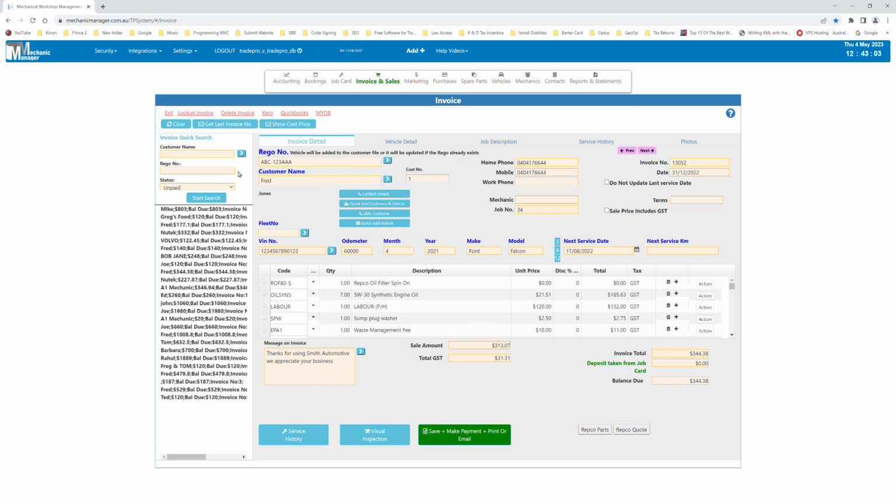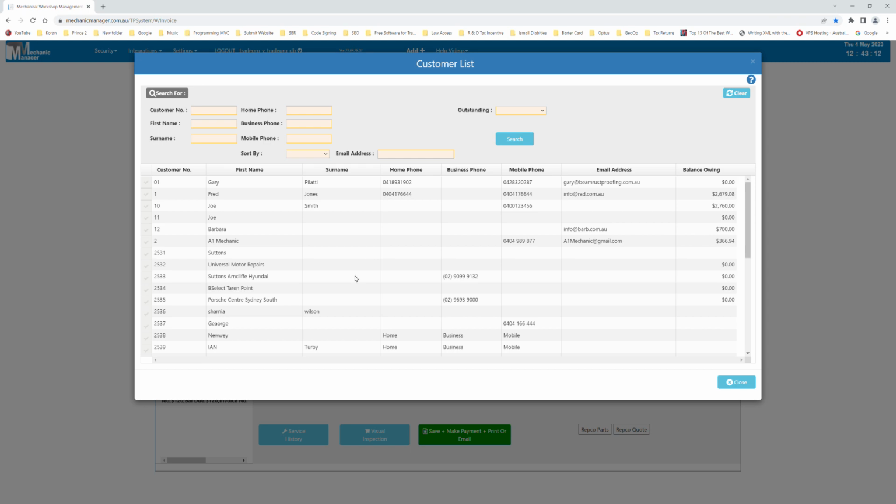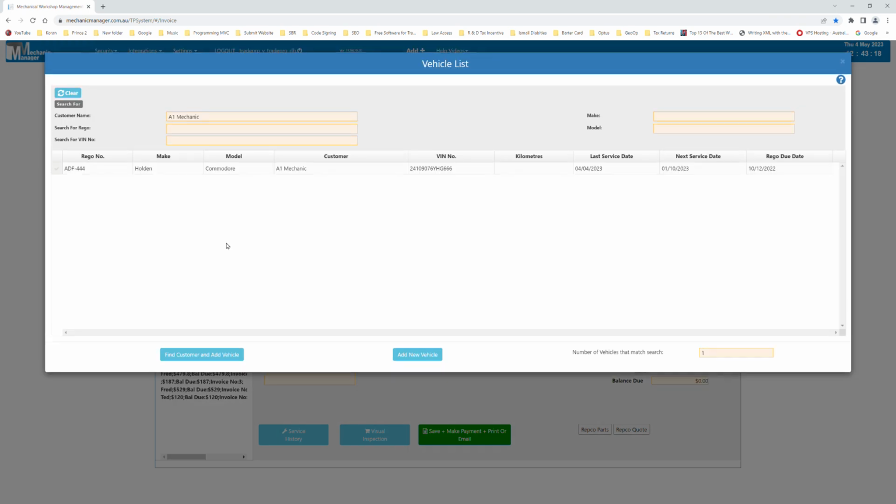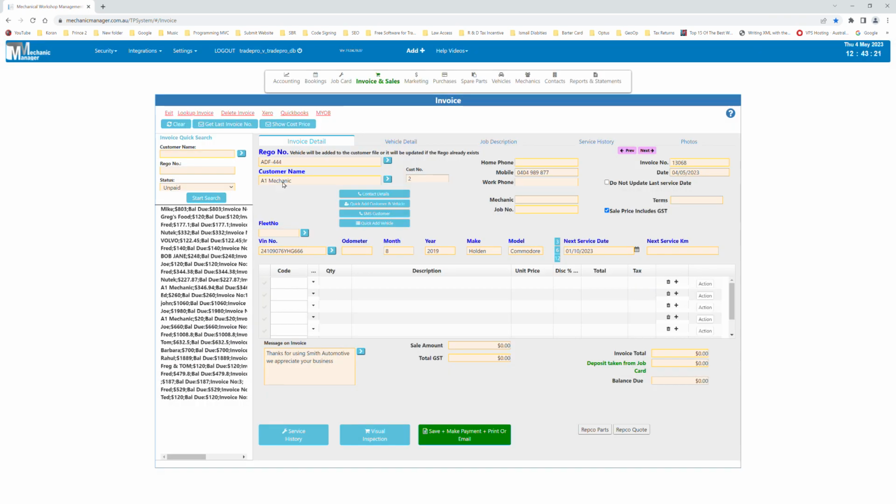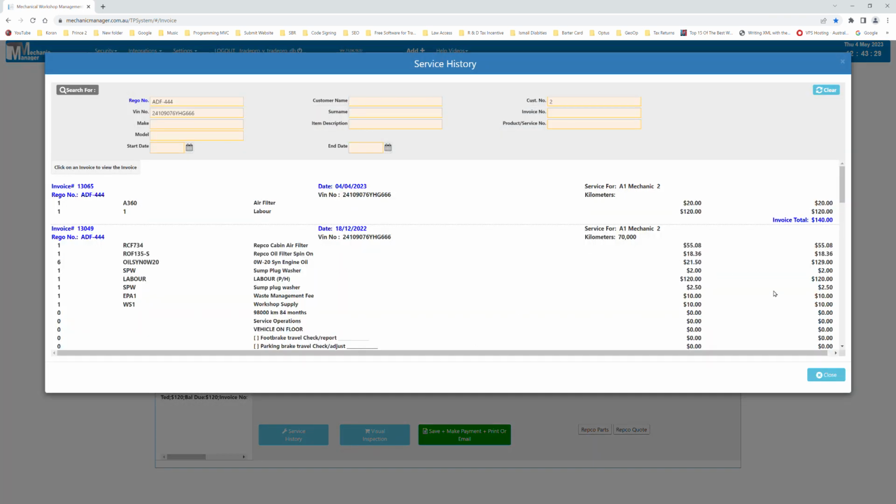Another way of looking up service history is you just go on the invoice. Say I select the customer, for example, who do I select? I'll select this one, A1 Mechanic. He's got one vehicle, click on that. And all you do is you click on service history, so it's really handy. It's right on the invoice there, so I'll click on service history button, and there's a service history for that